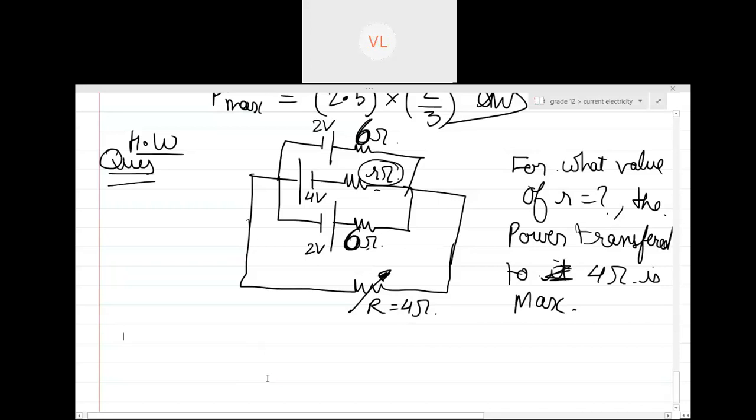Sir, is there a way we can just look at the circuit and tell whether it'll be negative or not? The net resistance in a parallel combination is always lesser than the smallest resistance, right? So if it is 1, 1 and 1, it will always be less than this 1, right? Less than 1 can never be equal to 4, right? So how will maximum power transfer happen? That is why I said let's change it. So this is your homework question.